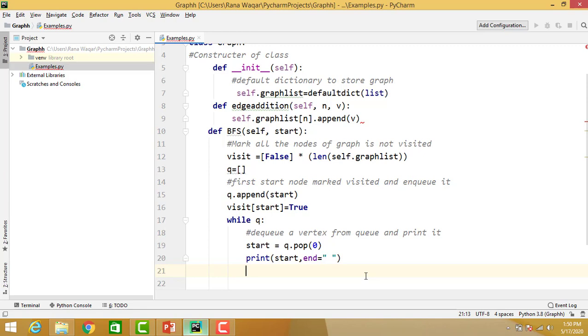Check adjacent vertices of start, and if not visited then mark it visited. Now the time is for checking adjacent vertices.